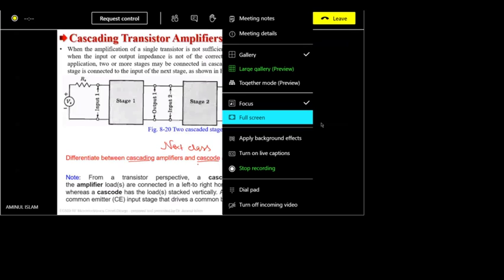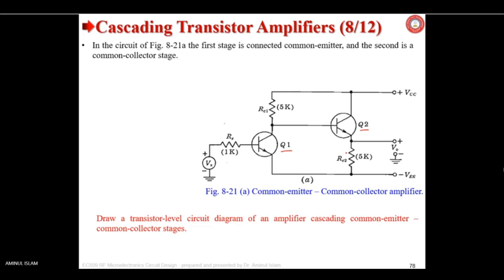First one, the transistor Q1 is a common emitter amplifier, whereas the second one, Q2, is biased or connected in a common collector or emitter follower configuration. In emitter follower, how can you say that it is emitter follower or common collector? What are the things that you will observe and tell?